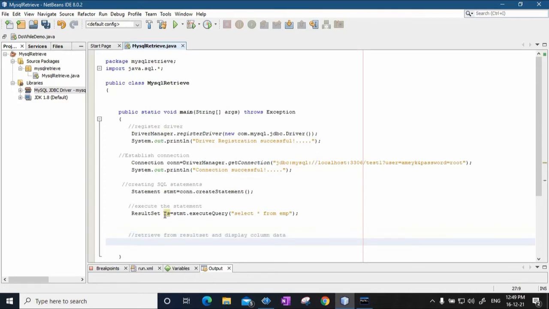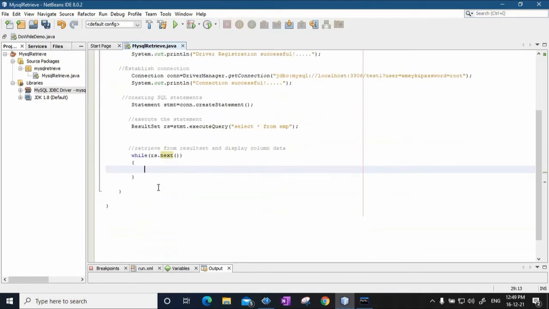Fine. So to do that, I'll say while result set dot next is true. That means while there are still more tuples being fetched and stored in the result set, I'll simply print each and every element of the result set using getXX method.